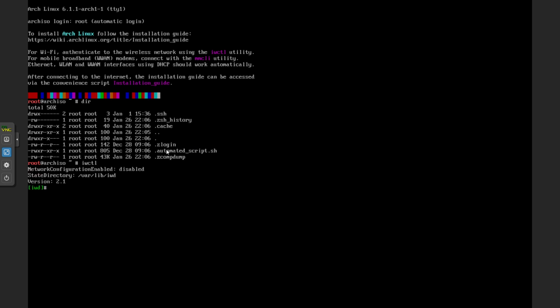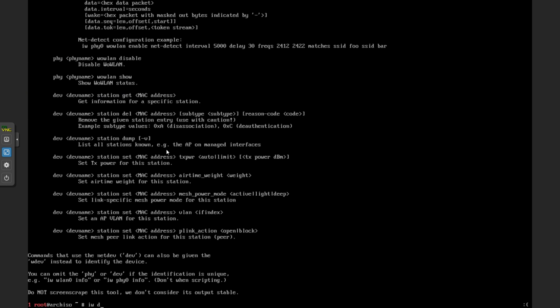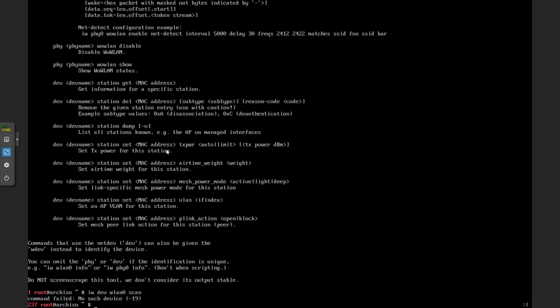So we're gonna go to iwctl. Actually, wait, let's exit. No, let's not go to iw. We're gonna type iw dev and list. So iw dev list. Okay, yeah, iw dev, and now wlan0 scan. And now you should get